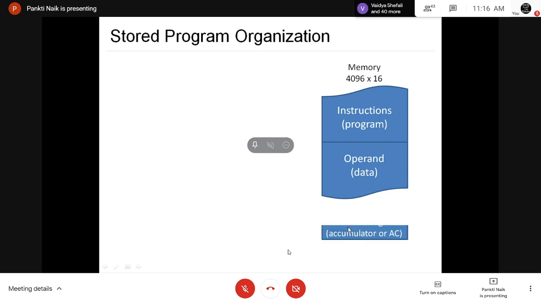Right? Now here it uses the processor register, right? A single processor register, that is known as the accumulator, right? That computes all the operations, and the operation is performed with the memory operand and the content of the accumulator.